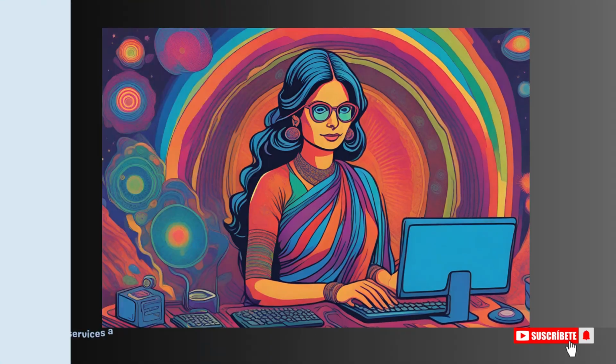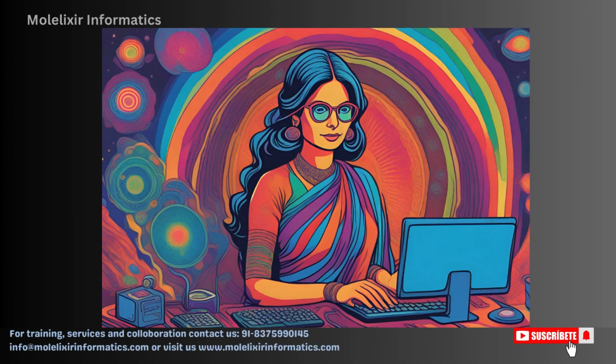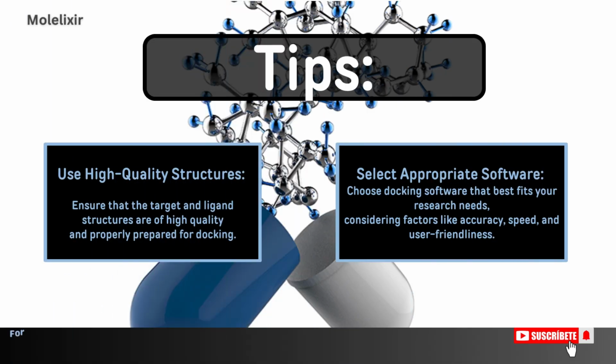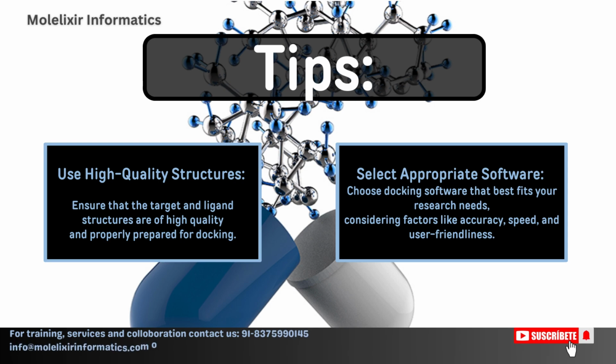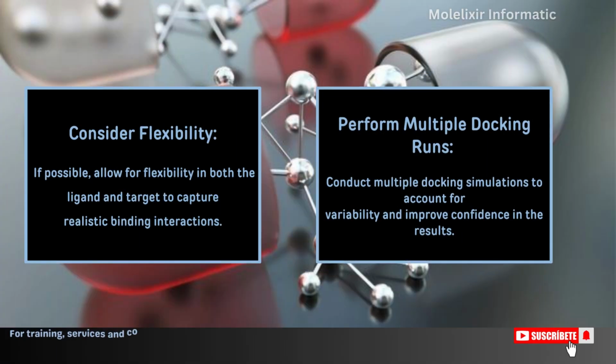Now, let's learn about some useful tips for molecular docking. First, use high-quality structures. Ensure that the target and ligand structures are of high quality and properly prepared for docking. Then, select appropriate software. Choose docking software that best fits your research needs, considering factors like accuracy, speed, and user friendliness. Then, consider flexibility. If possible, allow for flexibility in both the ligand and the target to capture realistic binding